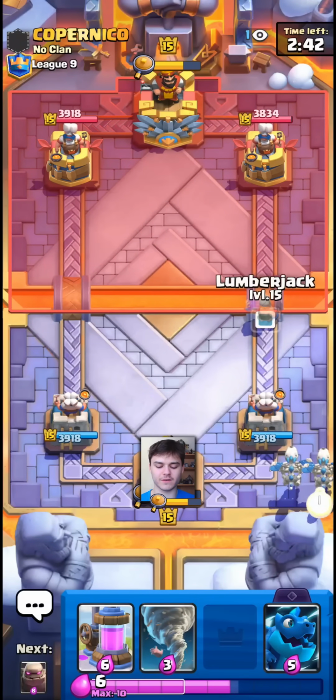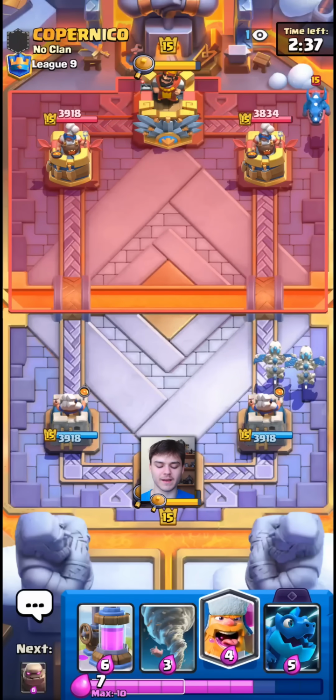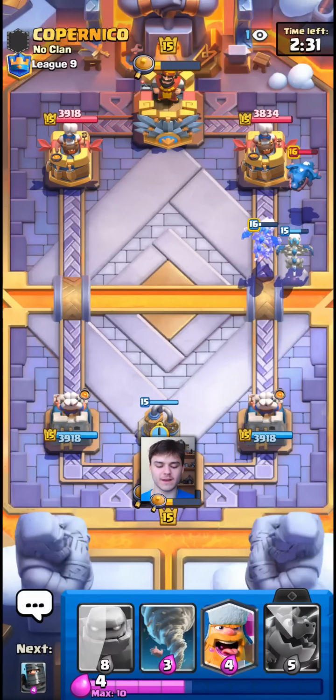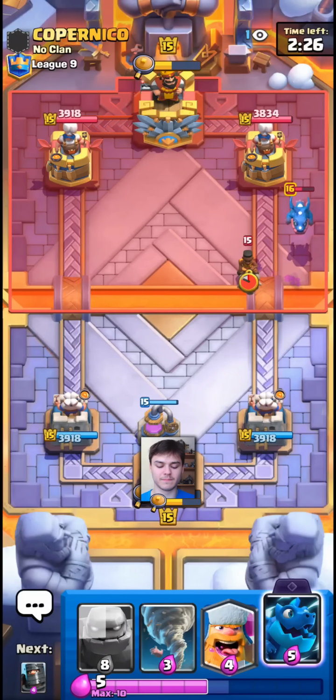I'll cycle the Skelly Drags right here. Want to see what this guy has. He does have the E-Drag. Man, guys, I swear, Golem and all these other decks, they can still run E-Drag so well, it seems like. I swear, the E-Drag nerf just really didn't do anything. I mean, it just makes it take a little bit longer to kill stuff, but it just inevitably...